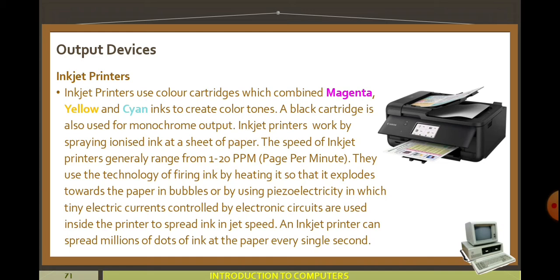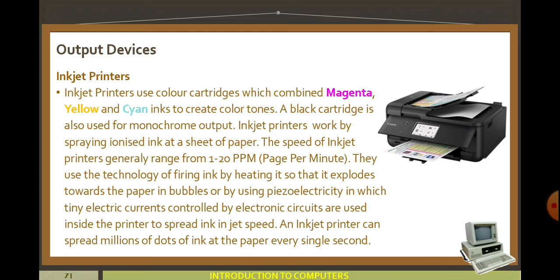They use the technology of firing ink by heating it so that it explodes towards the paper in bubbles, or by using piezoelectricity, in which tiny electric currents controlled by electronic circuits are used inside the printer to spread ink.